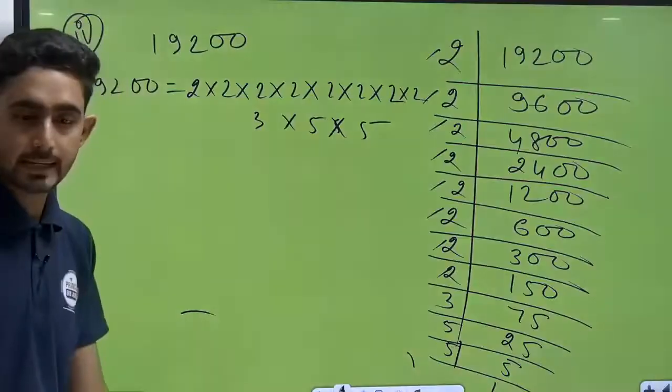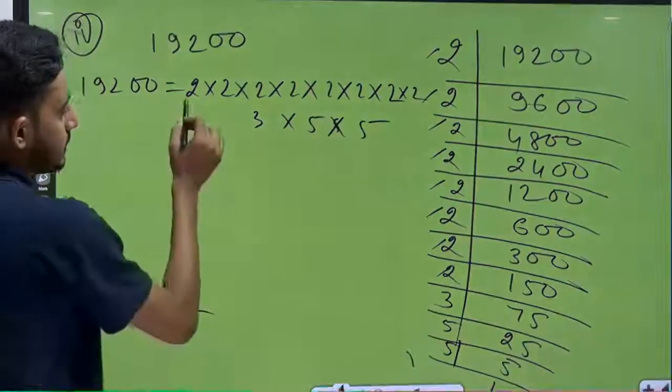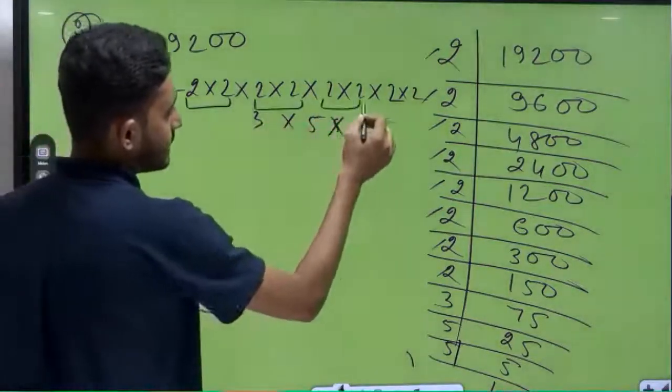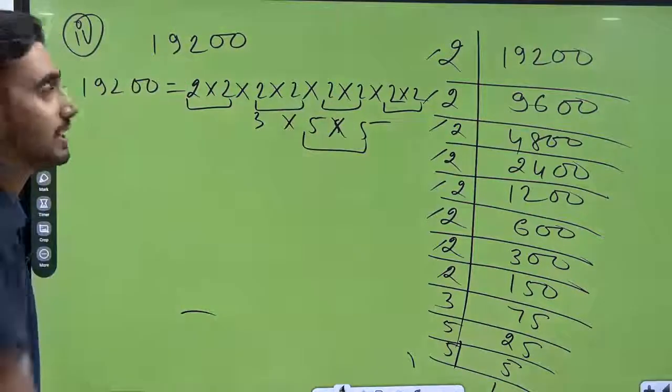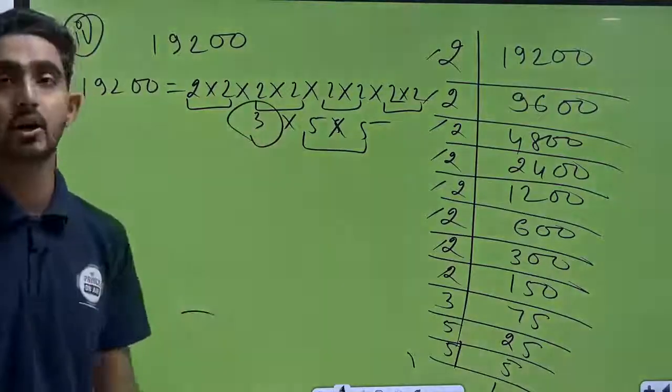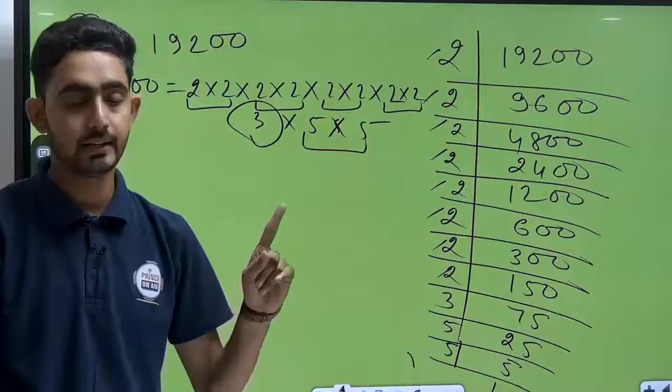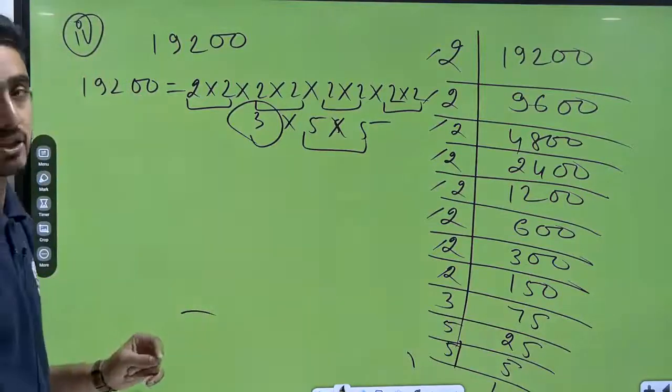Okay, done. अब देखना, this is making a pair, this is also making a pair, this is also making a pair, this is also, and this is also. Only 3 is the number that is not a perfect pair. Okay, only 3 is the number that does not make a perfect pair. So we can do इस 3 को आप divide में ले आओ.